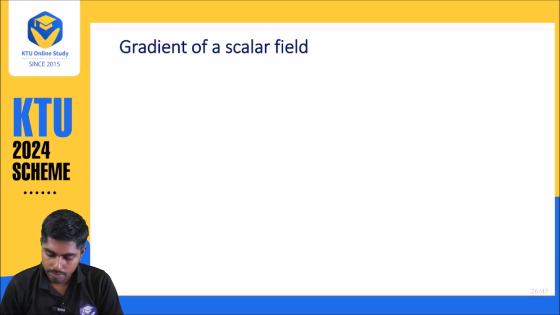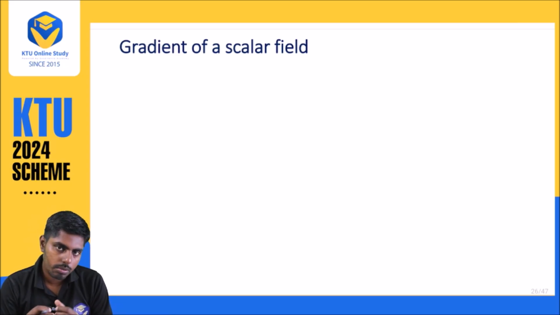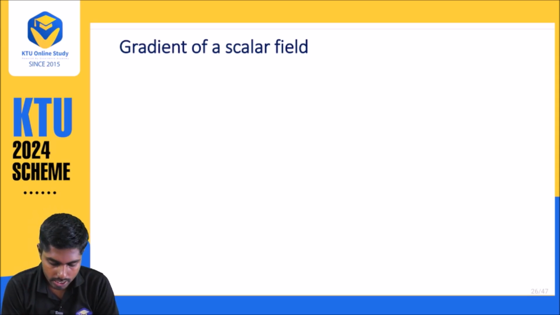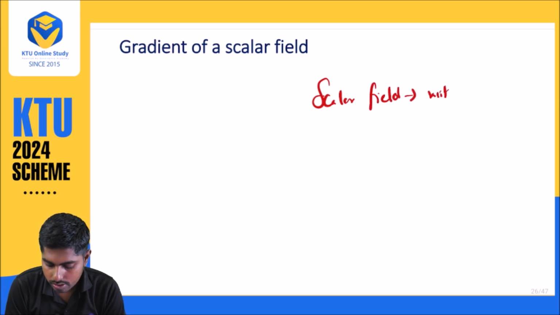Gradient of a scalar field. We want to study the concept of scalar and vector. So what is the difference between scalar and vector? A scalar has a magnitude without direction, that is, a scalar field is without direction,